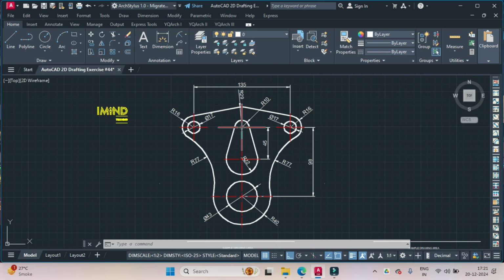Then with the same center point, we'll draw another circle of radius 22 and then move that circle down at a distance of 45 units. Then we'll draw these two tangential lines and we'll trim the unwanted part of the circle. Then we will draw another line which extends from the midpoint of this circle downwards to a distance of 98 units. Then, with that as a center point, we'll draw a circle of 43 dia and another circle of 40